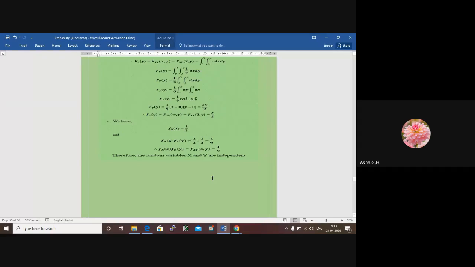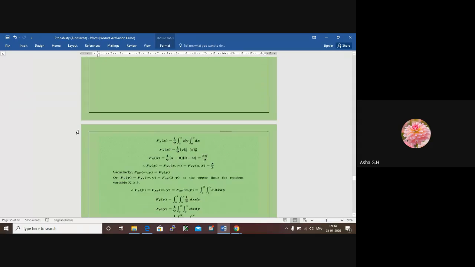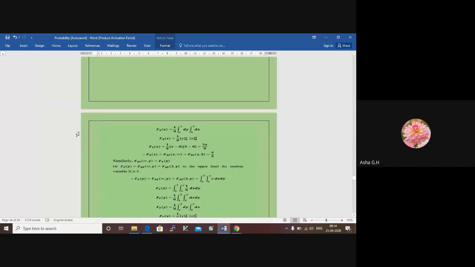These are the standard set of questions. You should be perfect in any. See, now what we have, the function is constant. You may get any complicated function. You should be very good in integration. You should be perfect in integration. Then you'll be able to solve all these questions applying a common rule or common set of properties.